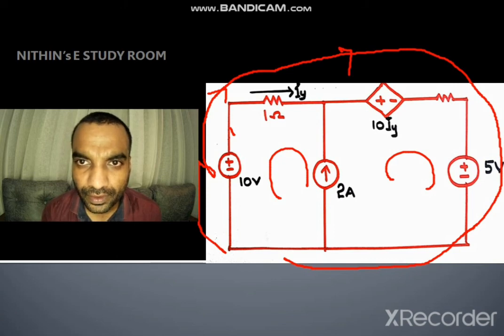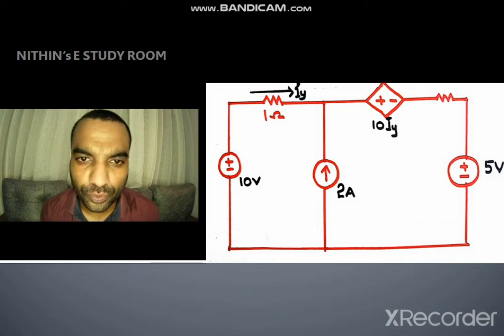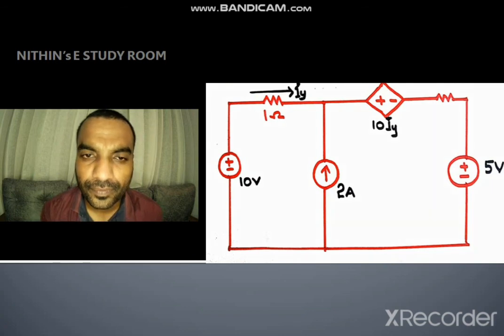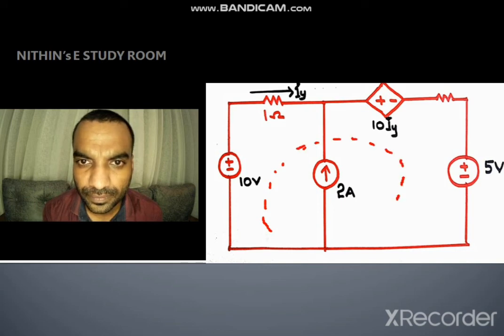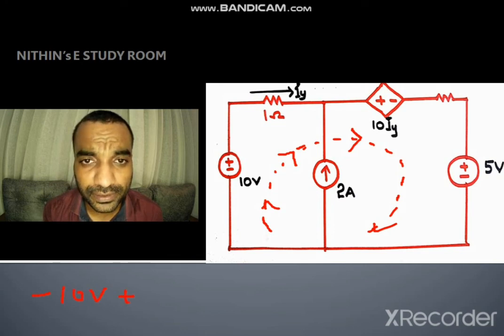So how can we write KVL on that loop? Direction is clockwise, so you will see minus 10 volt first, and then there is a 1 ohm, and current passing through the 1 ohm is 1 into IY,